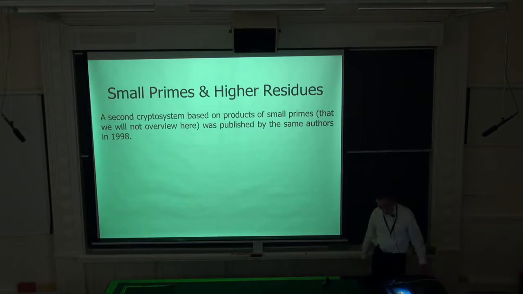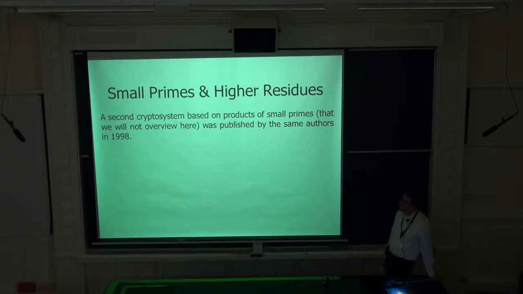And there are other crypto systems that use this idea, notably in the exponent. So there are systems based on higher residues where you work modulo n, but where the phi of n is generated in such a way that it has big prime factors and many small prime factors. As a matter of fact, you generate phi of n first, and then you test for the primality of the factors, and this allows you also